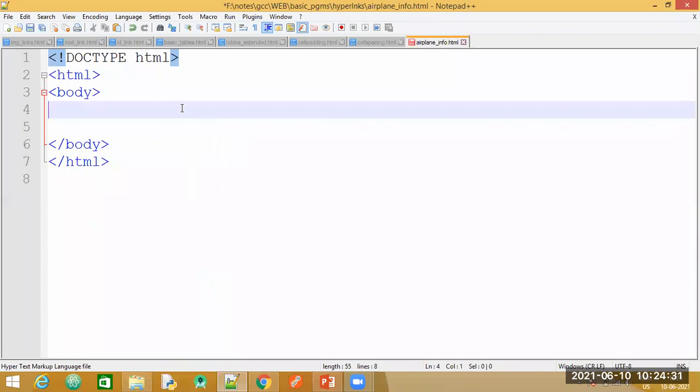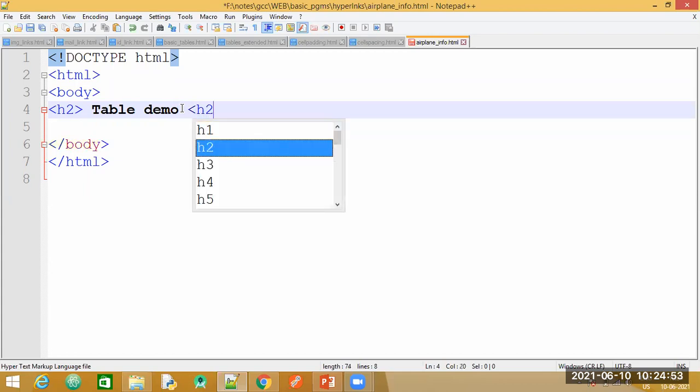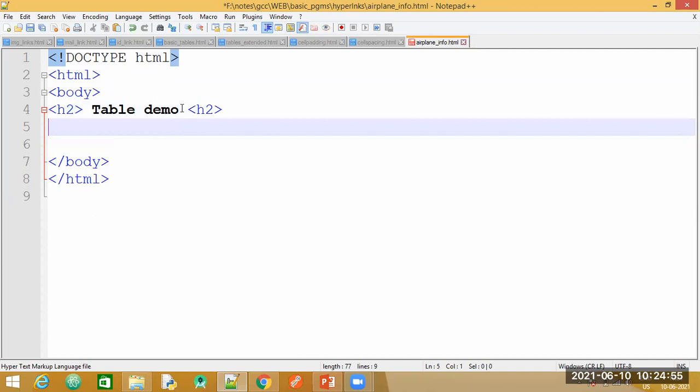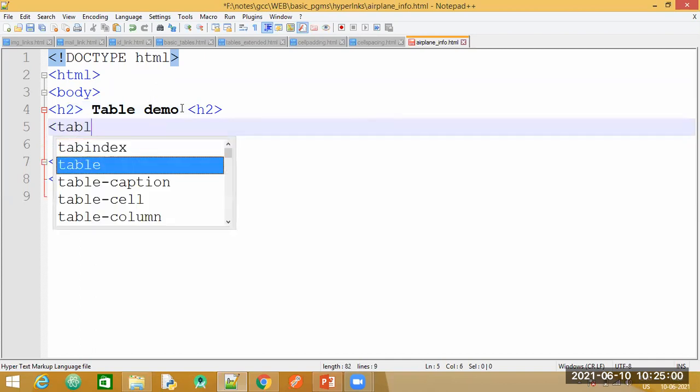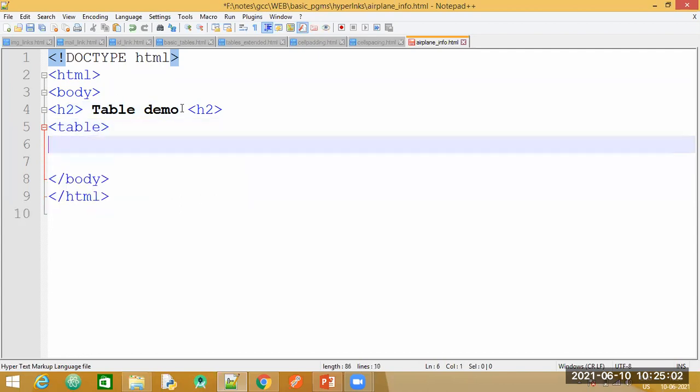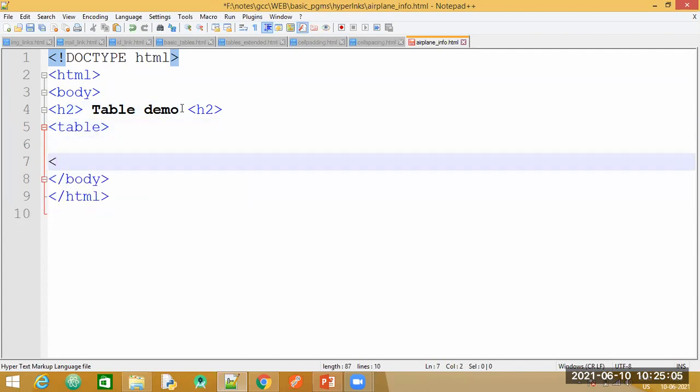So here, first of all, let us give a simple heading. Then we'll make use of the table tag here, and we'll close this table tag.